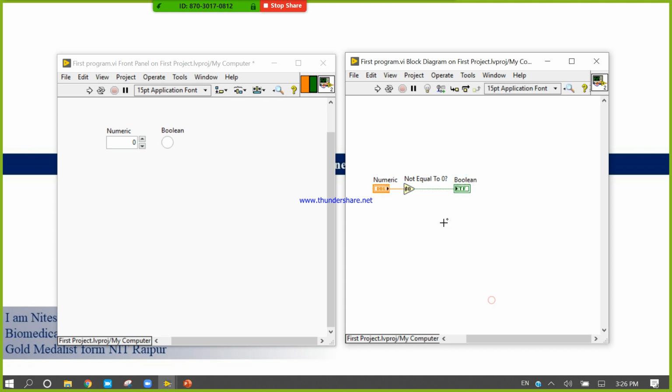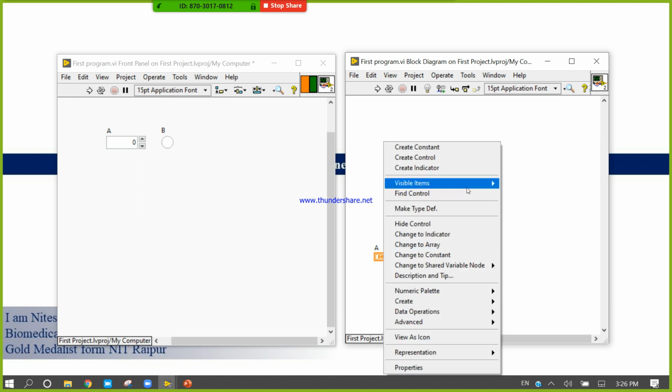So this one is my terminals, this one is terminals also, this is functions, but this one is a free label. Not Equal to 0 is a free label. But for the numeric, if I change here a and here b, in the numeric, right click, come to Visible Items, it is also a label.